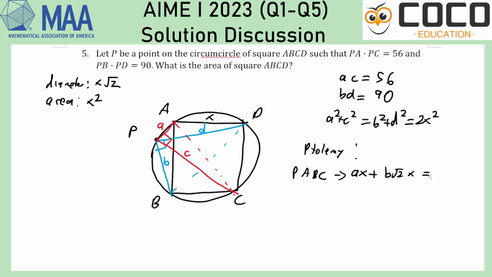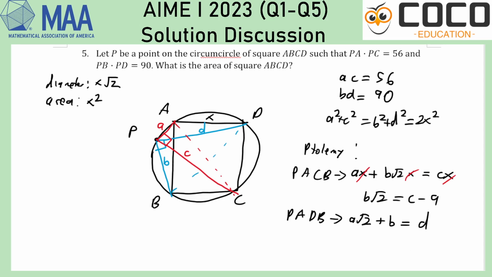PC times AB. So that conveniently allows me to cancel off the x, and so B root 2 equals to C minus A. And you can imagine that, okay, I'll change the order so that we know it's PACB is the quadrilateral. You can imagine that we can do this for any other combination as well. So PADB, if you were to preemptively realize that you can cancel off all the x's, you just get A root 2 plus B is equal to D, and then for